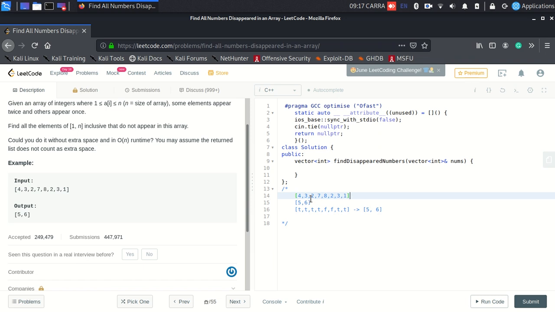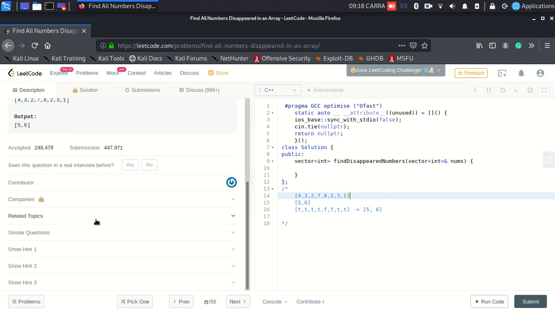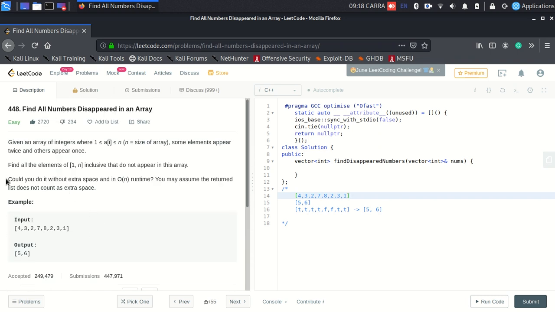Now the question arises: if this is so simple, why does Facebook even ask it? Facebook asks it because this is where it gets trickier. I need to implement this whole algorithm using O of n runtime with constant space. I am not using constant space in this particular approach. I need a separate boolean array of size n, equal to the original input array. So I need to do it without the boolean array. So can I do that?